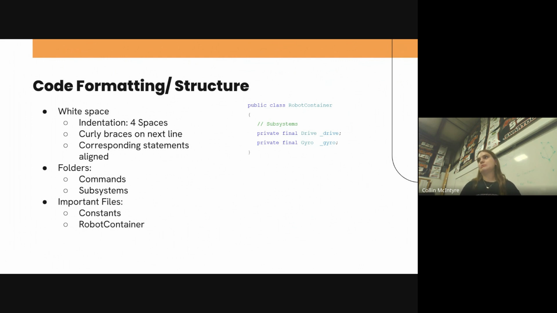I mean, to kind of show off how we format stuff? Sure. One thing that I would add to that, one thing that we started doing last year was we started using an auto formatter. Which means whenever you build your code, so like you're ready to go and put it on the robot,